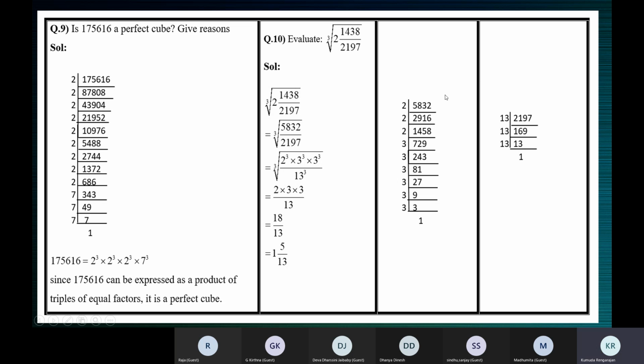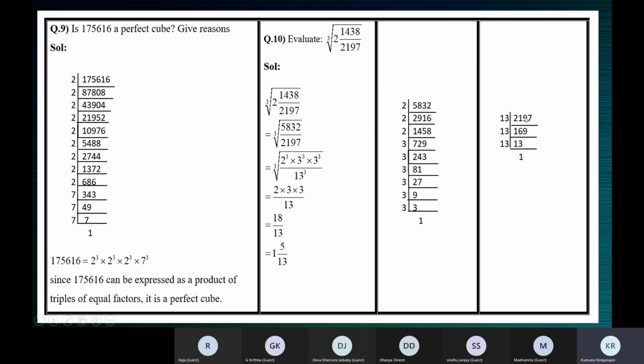Now for this 2197, it is not divisible by 2. You try to divide this by 2, it's not divisible. Try to divide by 3, not divisible. 5, not divisible. 7, not divisible. 11, not divisible. So like that, you come up to 13. Once you come across a situation like this, it's better you remember that this number 2197 is a perfect cube and its cube root is 13. You must remember that, so that next time you see this number, you will not waste time with 2, 3, 5, 7 and 11. You will straight away use 13.